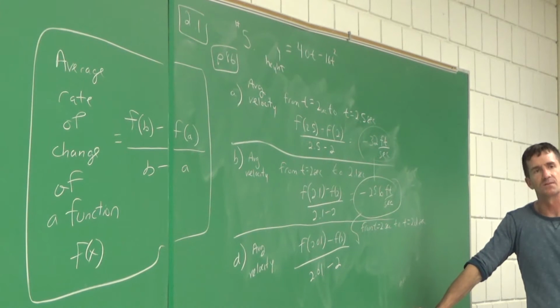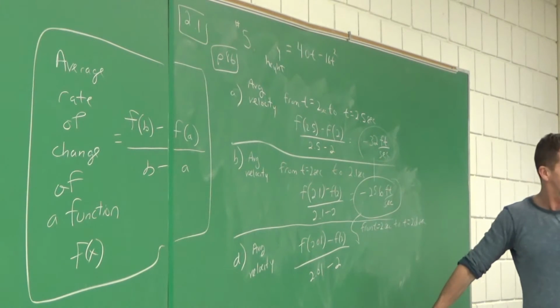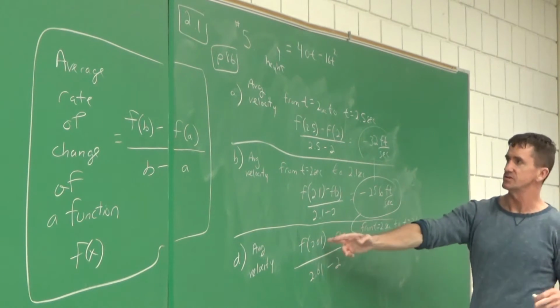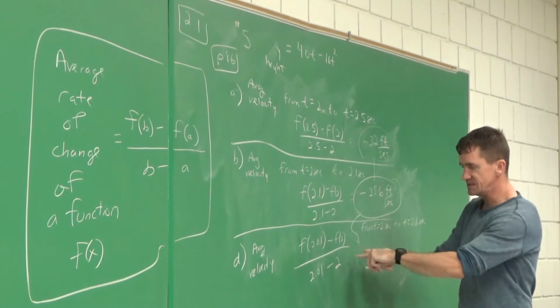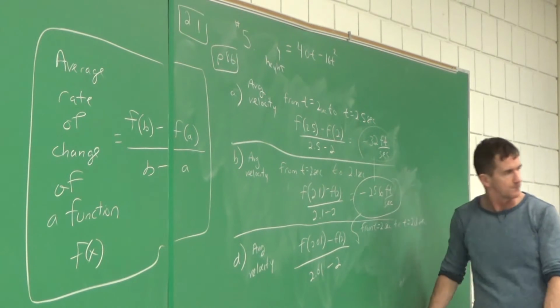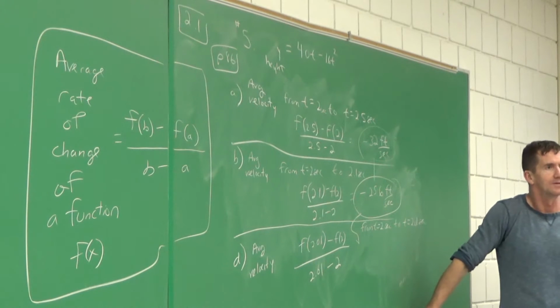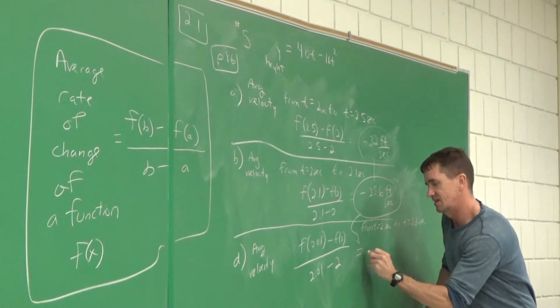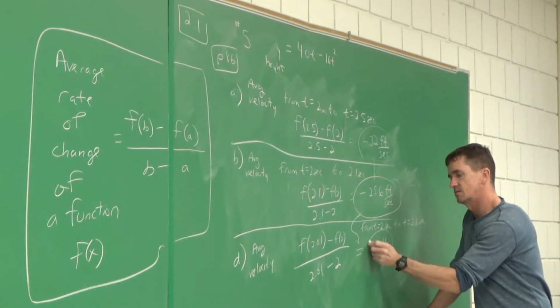You have a feeling this is going to be negative? Yeah, me too. These last two were negative. It's probably negative. And when all they're doing is using technology just to go, what's f at 2.01? What's f at 2? At least we see the denominator is just 0.01, right? Good? Hey, what do y'all get? Negative 24.16. I got that as well.